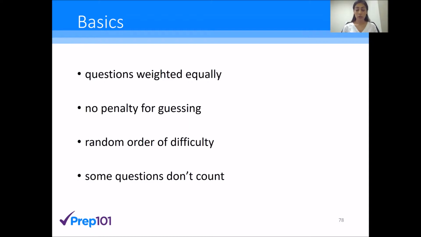The first question that you may see on this exam may be extremely difficult, or the last question that you see on this exam may be extremely difficult. There is no correlation, no pattern whatsoever with the difficulty level on this exam and the order in which the questions are presented to you. That's why timing techniques are crucial for your successful performance on this exam.